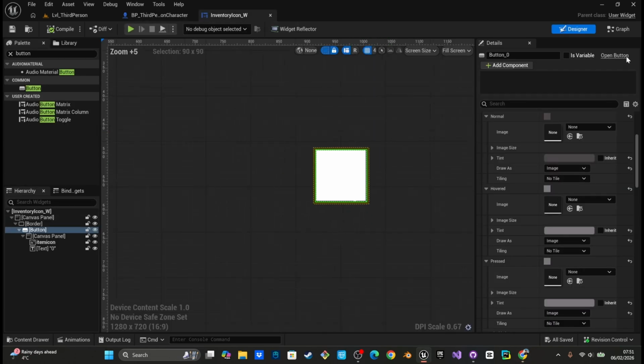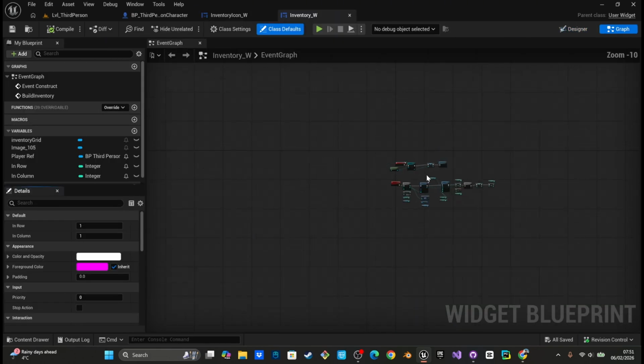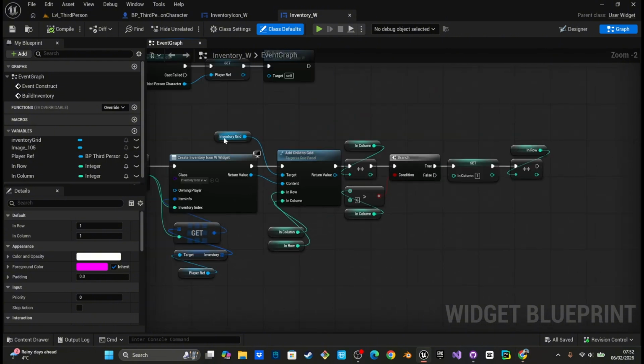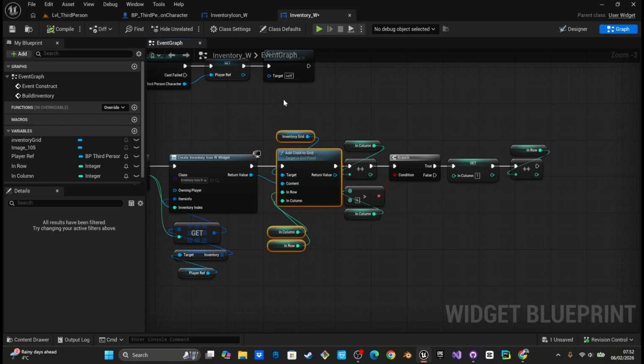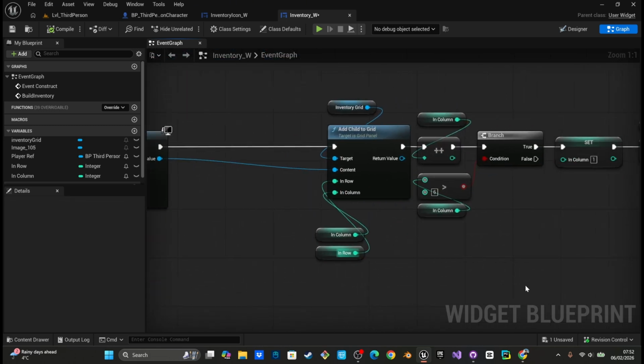The other one we are going to fix is in our inventory widget, if we go to our graph. You see this is a for each loop which helps us get the player reference from their inventory, and we get the item info from the inventory icon. This is happening so constantly that it's not very optimized, and it tries to pull information from the inventory array and adds it to the widget even if we are not getting any inventory. So it's not very game optimized at this moment. Obviously we want to make sure that this game runs really long and well. A few things we can do so that it doesn't consume more memory in the background: